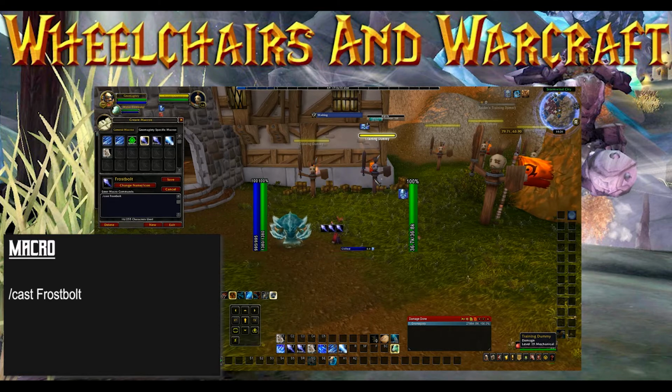Now the difference between these two things, if we look at the bottom corner, is that when I mouse over 2, I get my Frostbolt tooltip. If I put the cursor over 3, I don't have that. So we want to update the macro to show the tooltip information. And the way you do that